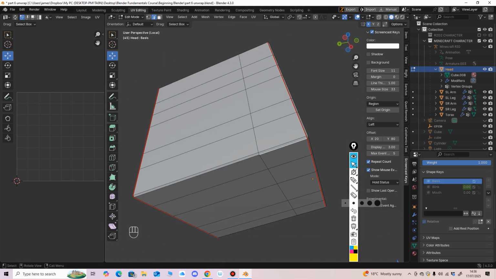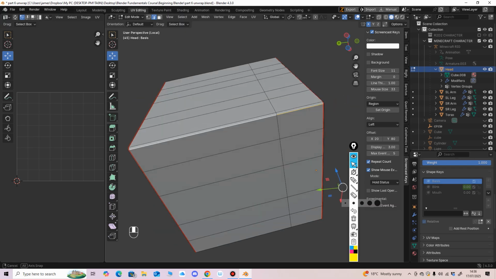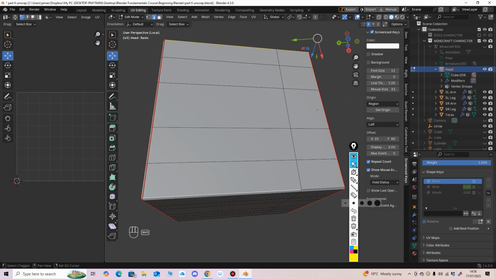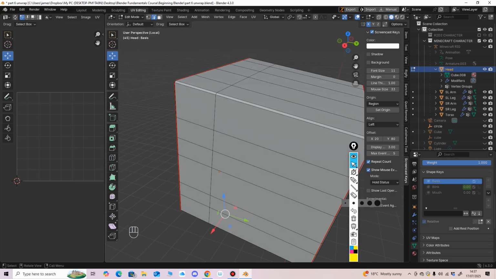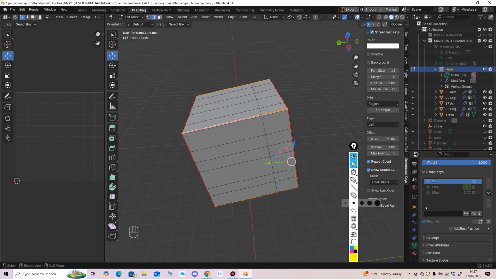Let's select that and that. Mark seam. And we get, well, what I'll do, this beginner series for the first 12 lessons, it's